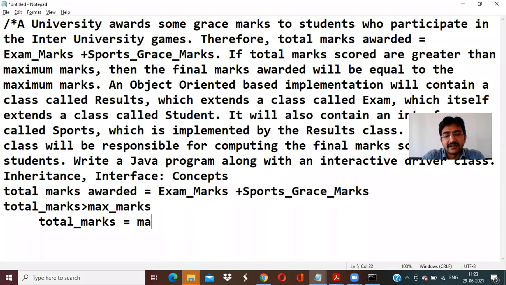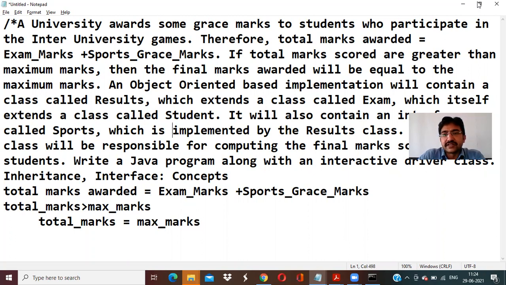If it is greater than the maximum marks, then total marks equals max. For example, 600 is the maximum marks and you got 620 here. 620 is greater than 600, so make sure total marks is assigned the maximum marks. So that is one case here.